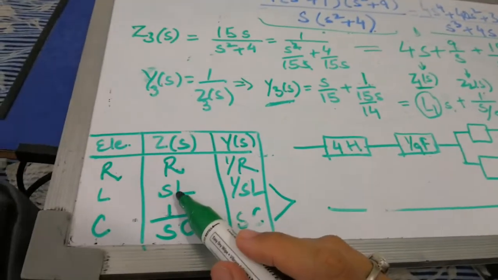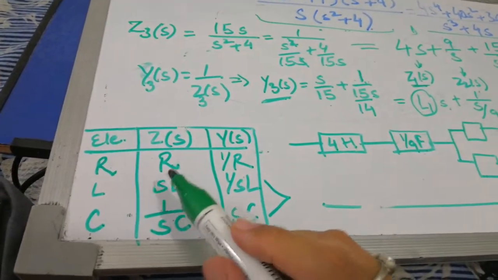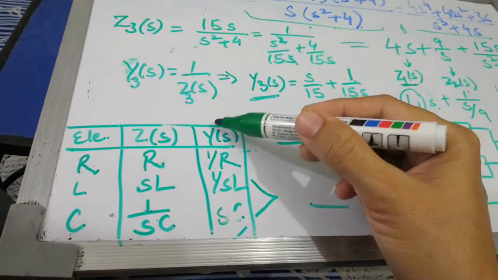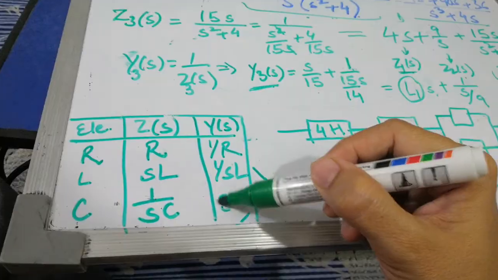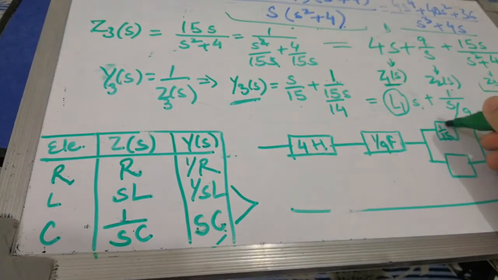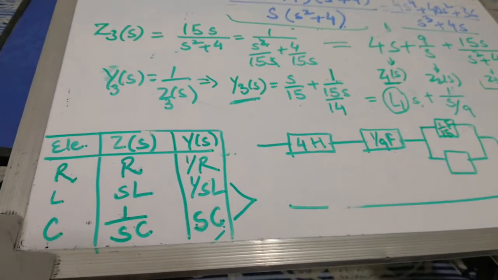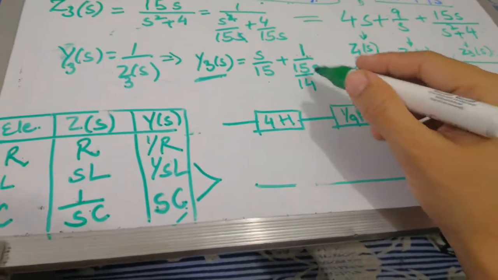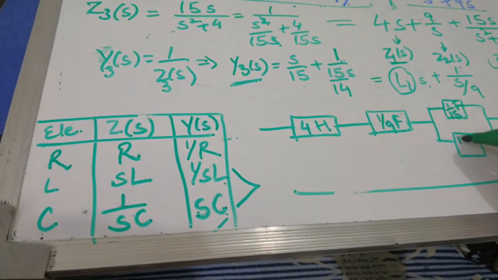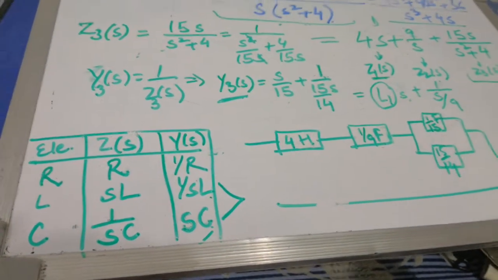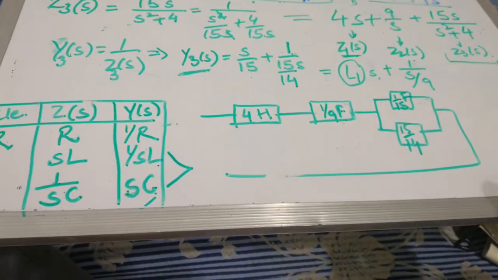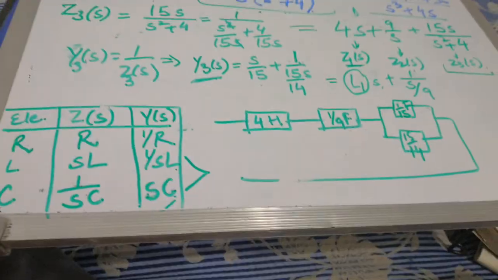If you just check, S is in the numerator, so this is going to be your Ys. So here S into C, that means 1 upon 15 makes it to be the farad capacitor, and 15 by 14, you all can see here 1 upon SL is going to provide me with the inductor. So to design it using all these components,